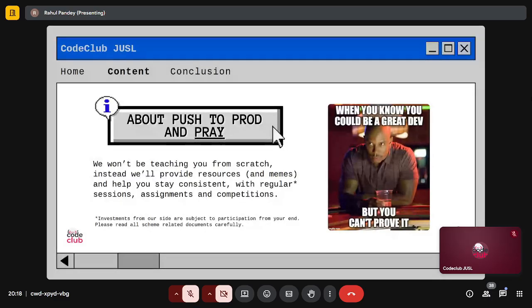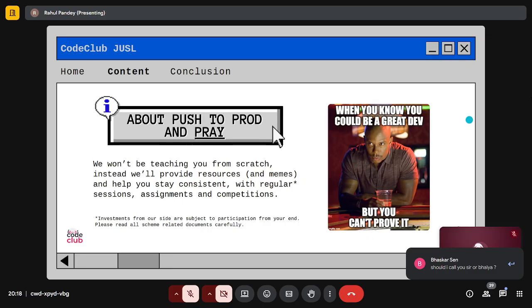And the point of this is to help you build projects, because if you have no proof for being a great dev, then it's no good, right? People want to see your projects so that you can prove that you're good at dev, and hopefully that won't be an issue if you stick with us throughout this series.